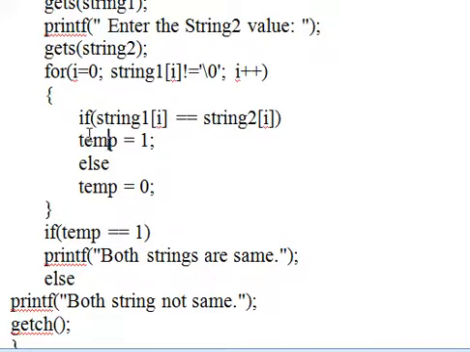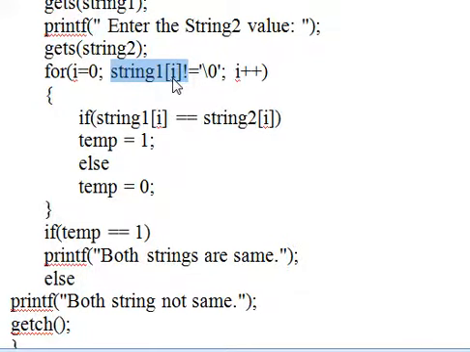So this checking process continues until we get the null character in the first string. When we get the null character in the first string, that means the first string reading is over. We have reached the end of the first string, so we continue the comparison operation until the end of the first string.